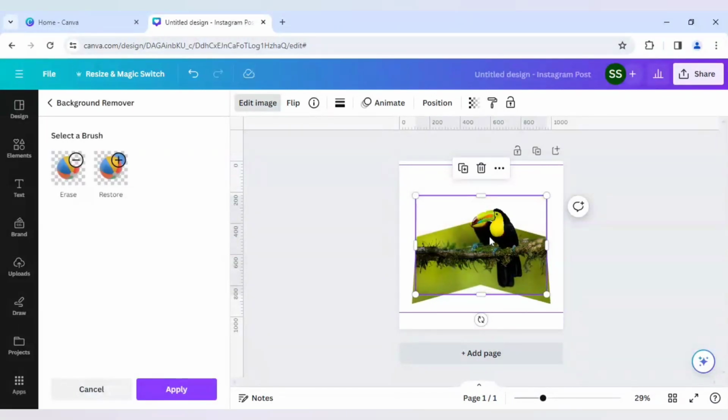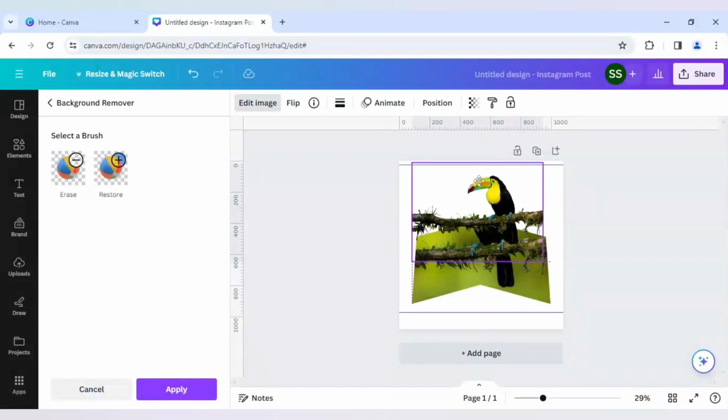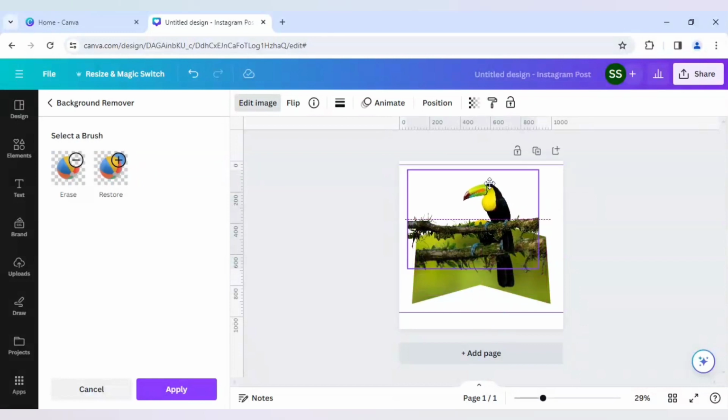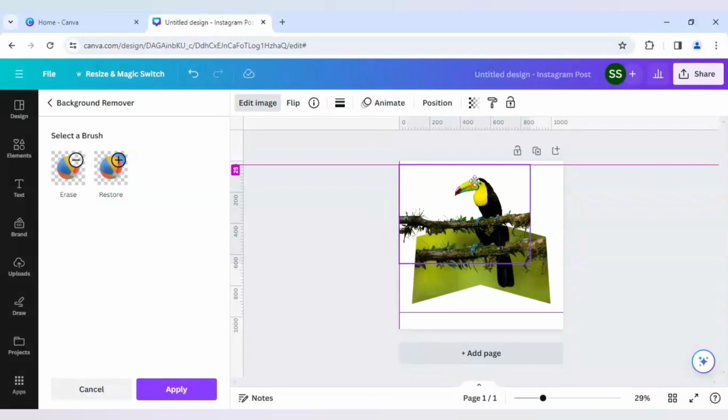So as you can see, the background remover option has removed the background quite beautifully,